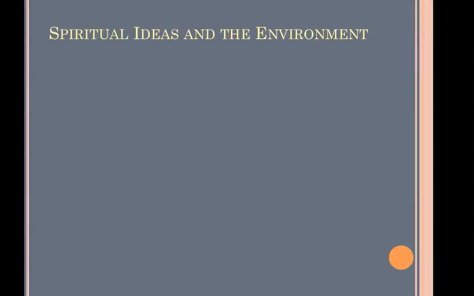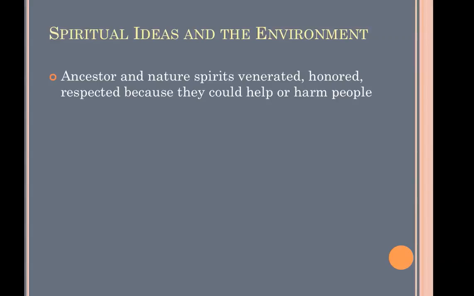Now, how does this general context of scarcity and a difficult environment play into how Africans thought about their environment? I think there are a few ways we can see this. To begin with, there were extensive systems, and in each society there'd be a different name for it, of both ancestor spirits and nature spirits. Ancestors obviously are the people who came before you in your own family. It's believed after death they remain able to affect the living and were particularly interested in the well-being of their descendants.